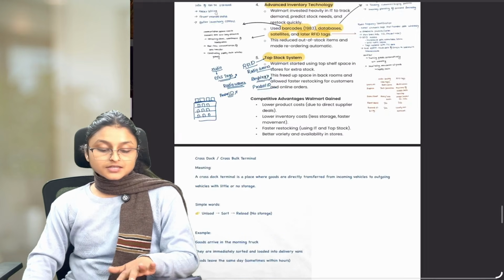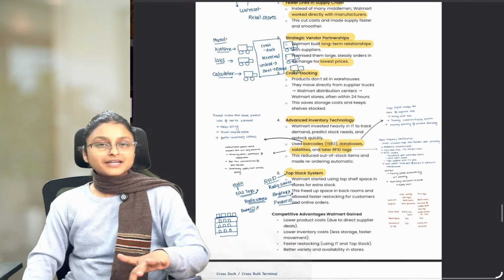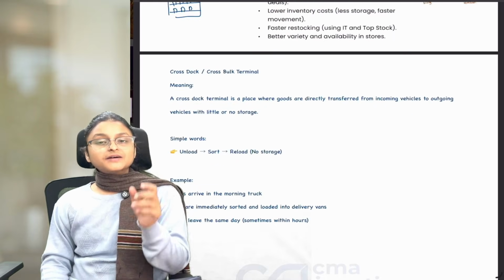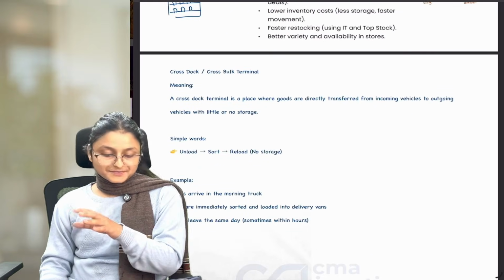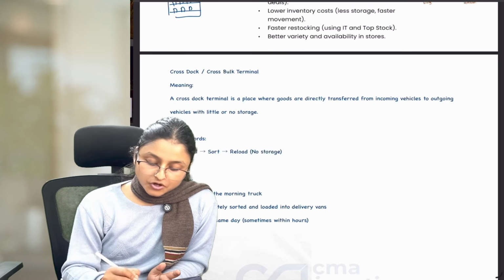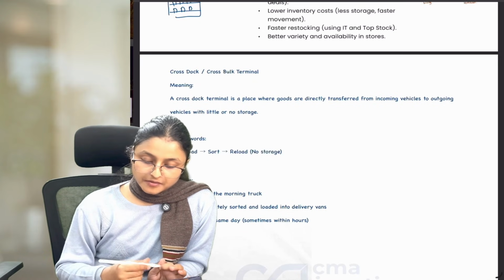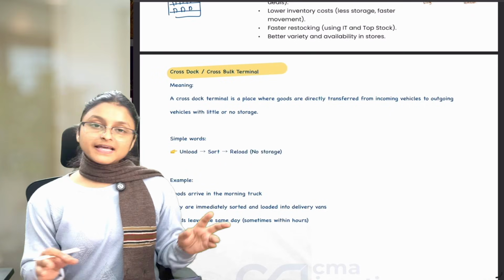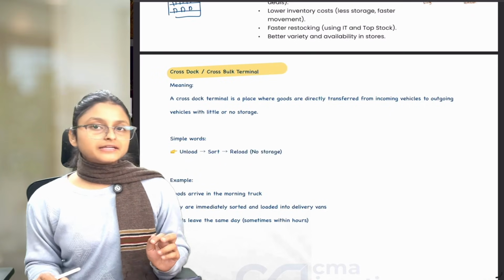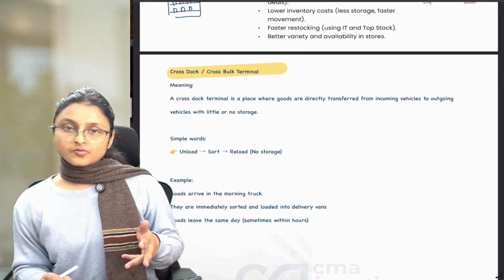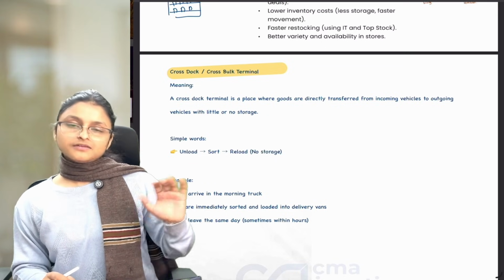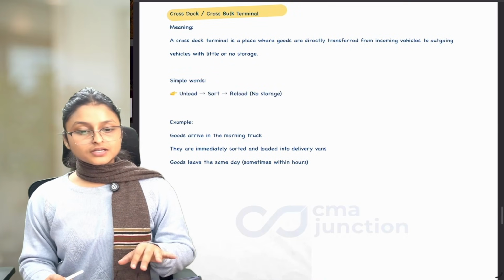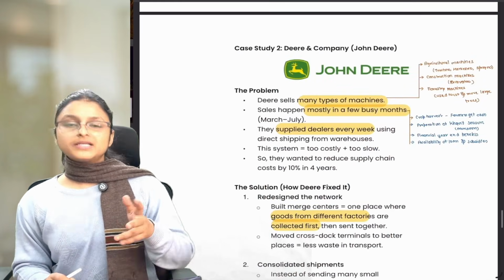So this was the system of Walmart, through which they managed their supply chain really well to become the largest retailer of the world. Now, we have understood cross dock and cross dock terminal. The same thing is written here. You can read once if you want to. Otherwise, we are going to write it in the summary because the institute can ask questions on it, so we should know that. We'll write somewhat about it in our summary. So if you want, you can read it right now, or you can read it when we write it